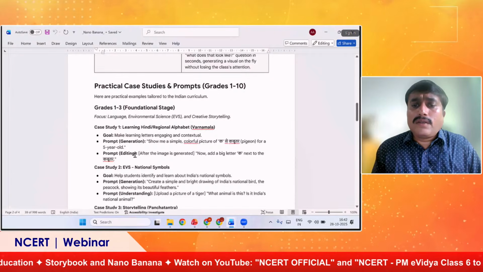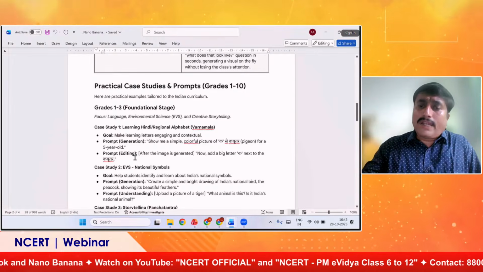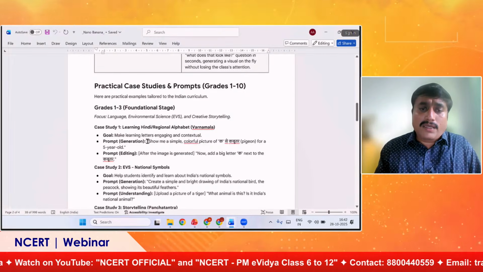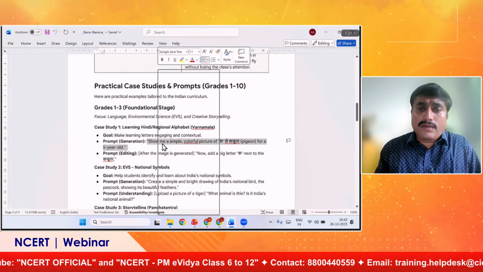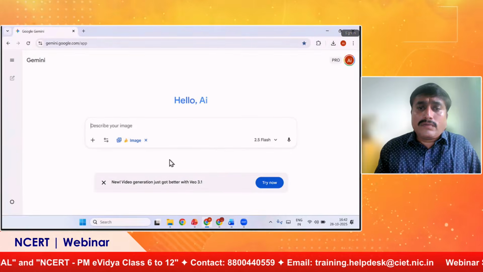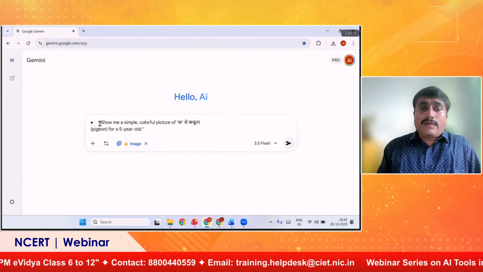We always use pictures to introduce words or letters. Here is a prompt given: show me a simple. So I am copying it and pasting it here.